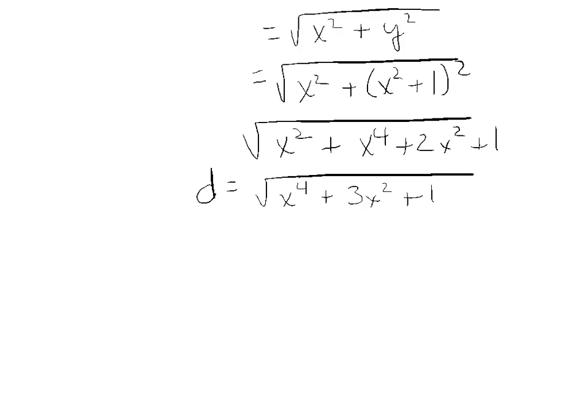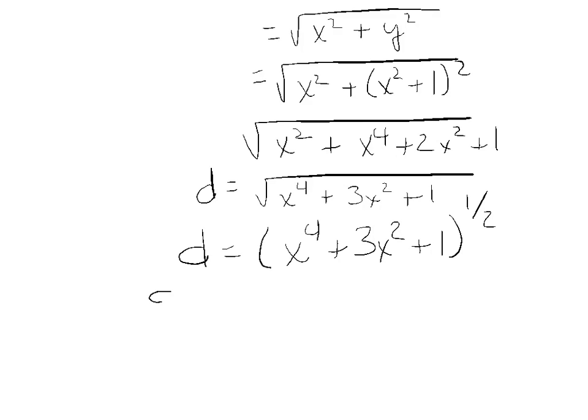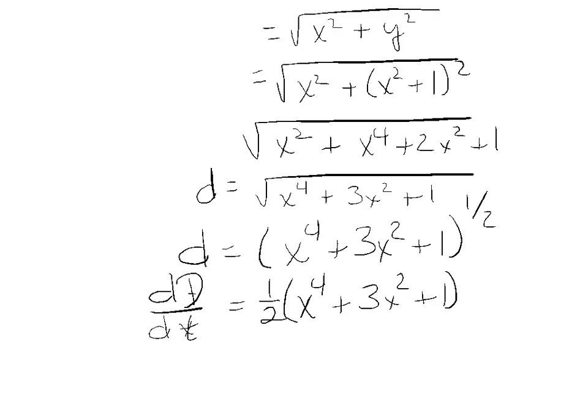So when we do, we know that this is the same as saying d is equal to x to the fourth plus 3x squared plus 1 to the 1/2. So when I take the derivative of the distance with respect to time, we're going to get 1/2 x to the fourth plus 3x squared plus 1 to the negative 1/2 times 4x cubed